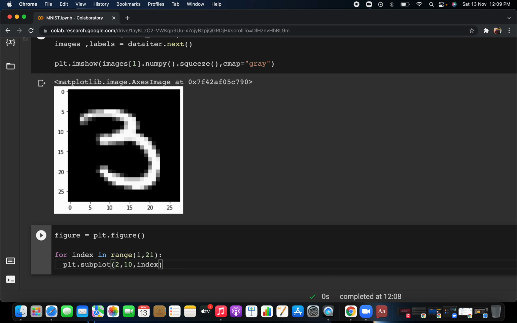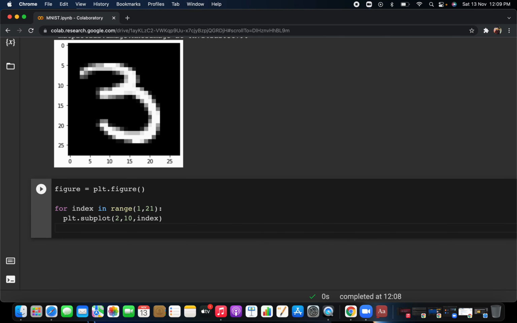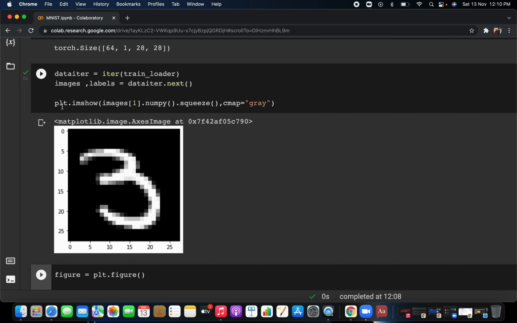So the first image will go and it will be visualized, then the second image, because in one image you are dividing into a grid form, you are making the subplot of that. So that is the concept of matplotlib. I assume that you are clear with this particular matplotlib. Then after that, the same thing you can just write here, just do the copy paste. No need to do it again and again.